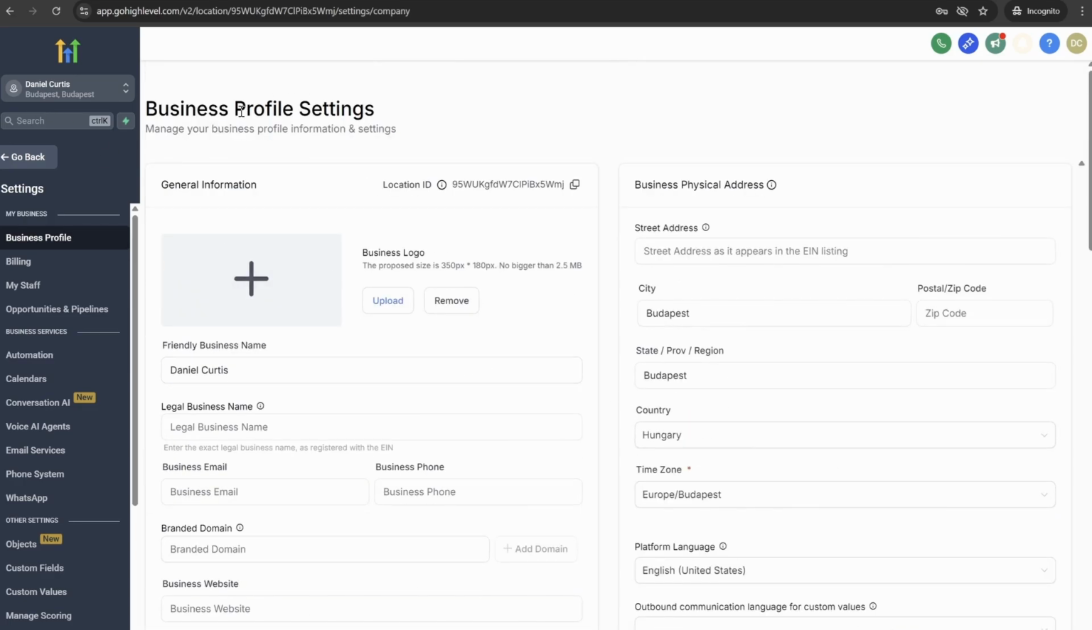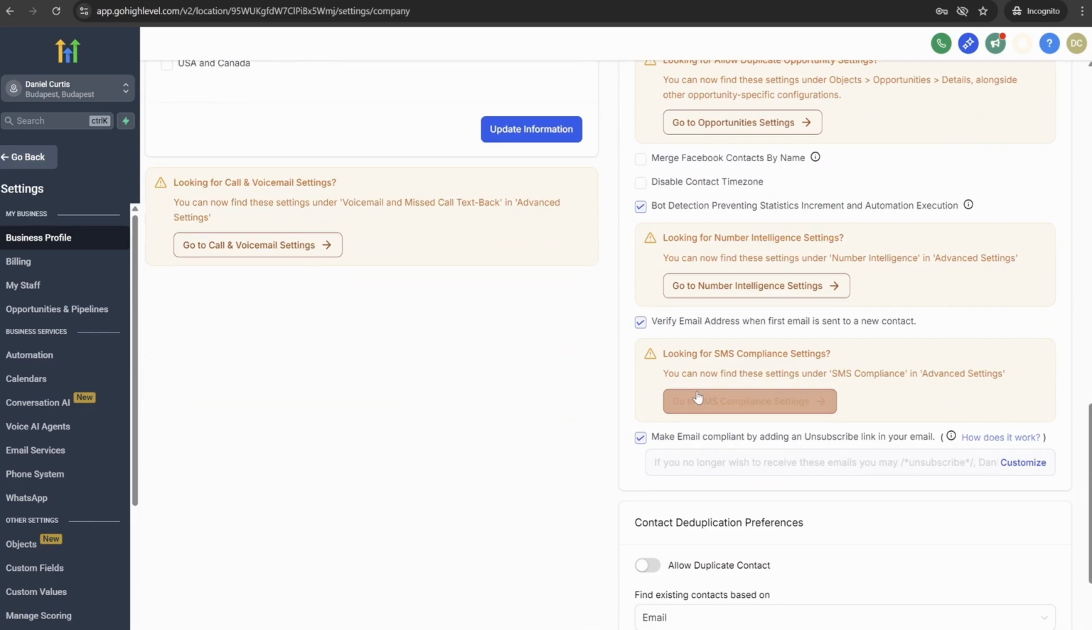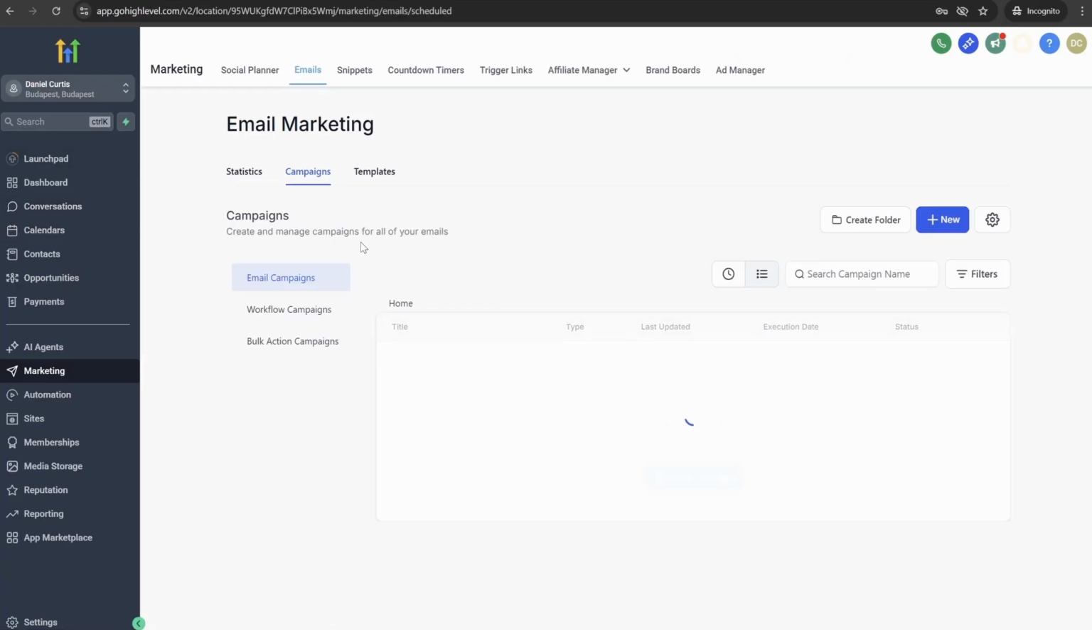If you go to your business profile within your sub account and you scroll down, you should be able to see this: make email compliant by adding unsubscribe link to your email. If you have this ticked on, you don't really have anything to worry about. All you should make sure is that this is getting put at the end of every email. This will automatically be put at the end of every single email if you have this on. But if you look at these